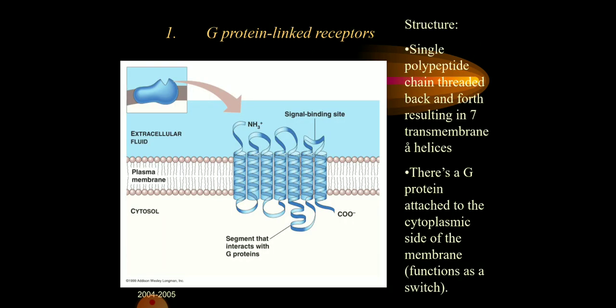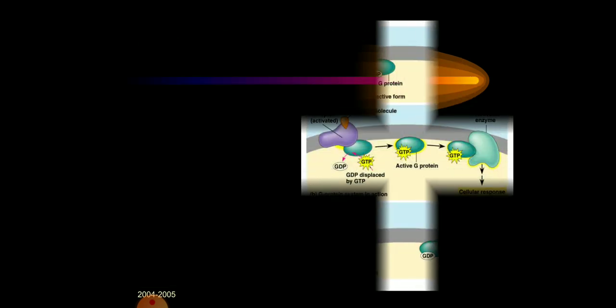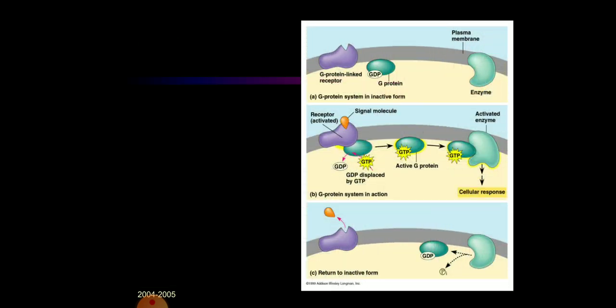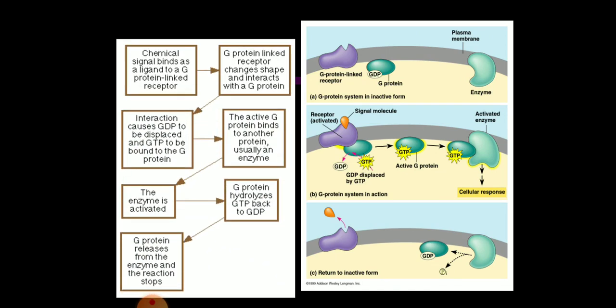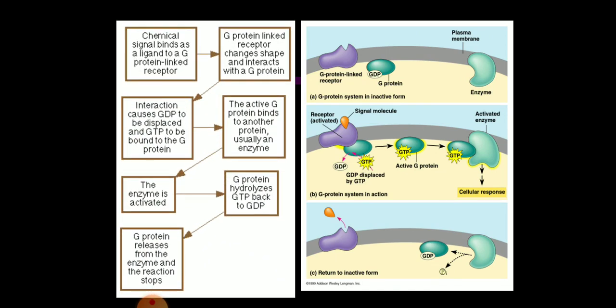Now, the G protein linked receptor means a single polypeptide chain threaded back and forth, resulting in 7 transmembrane helices. There is a G protein attached to the cytoplasmic side of the membrane and it functions as a switch. So, this is the way these G protein coupled receptors act. Here you see at the right hand side, the chemical signal binds as a ligand to the G protein linked receptor,